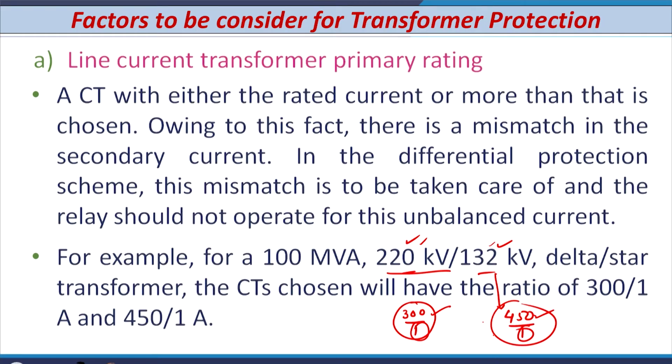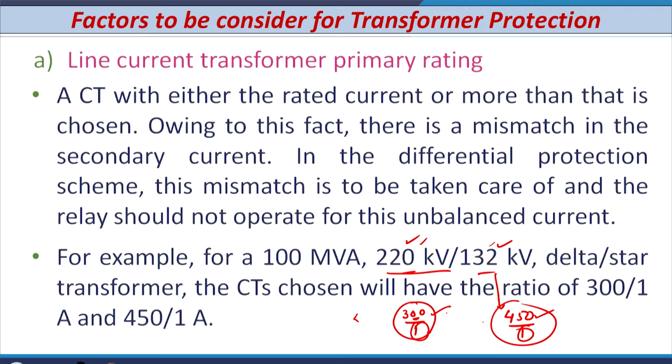If the primary side current is above 1000 ampere, then the secondary rating is 5 ampere. If the primary current is less than 1000 ampere, then it is always 1 ampere. So, that means if the primary ratio is below 1000 by 1 ampere, you always go for a CT secondary of 1 ampere, and if it is more than 1000 by 1 ampere, you go for the 5 ampere CT secondary. This is very important, and this point needs to be considered when you apply the differential protection scheme in the case of the power transformer.